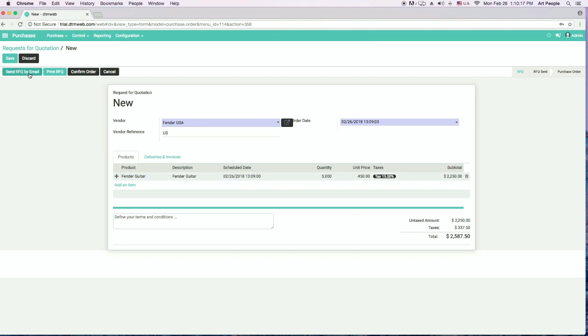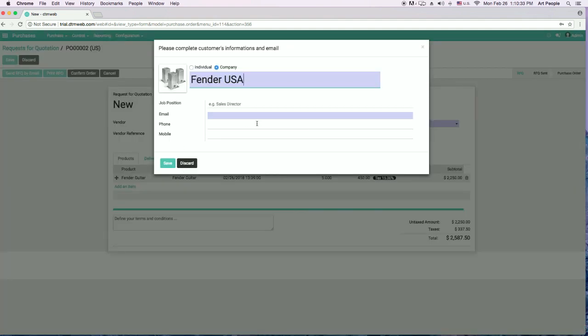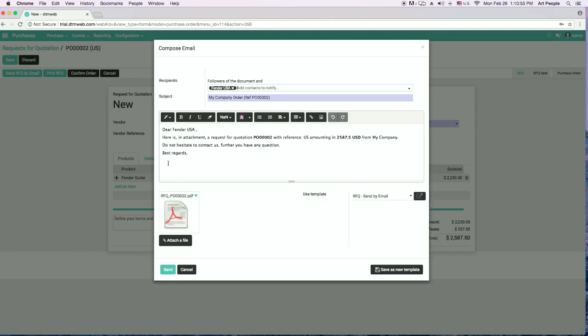Once this is done, you can send the RFQ via email to the vendor that you're working with, so they can have the RFQ. Just let me show you for a while. If you do that, the Fender USA company, right now it's not configured. For example, sales director's name is John Doe, email is john@example.com. So we can always select this, and you see you have a compose email over here